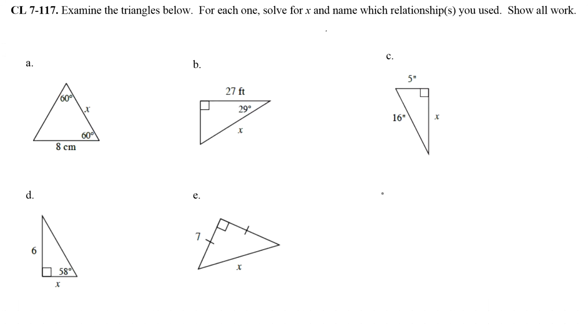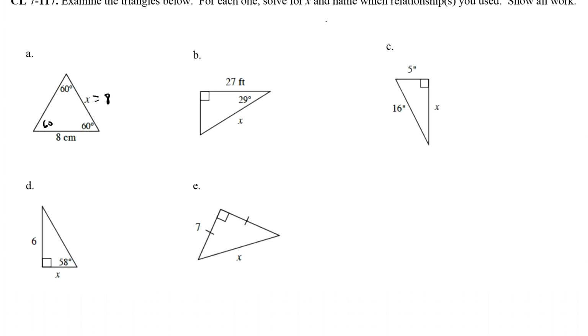Alright, so in this problem A, I'm looking at this triangle and I know it's going to be equilateral, because if these are 60, then this angle here has to be 60. So if this side is 8, then x is 8. For B,